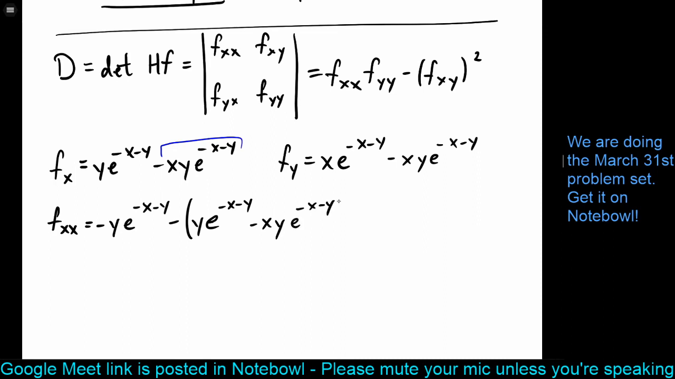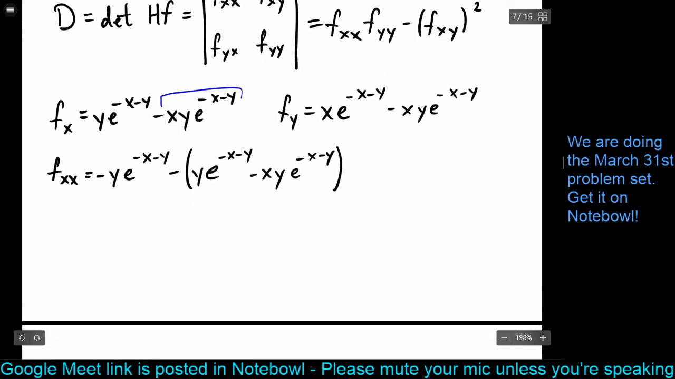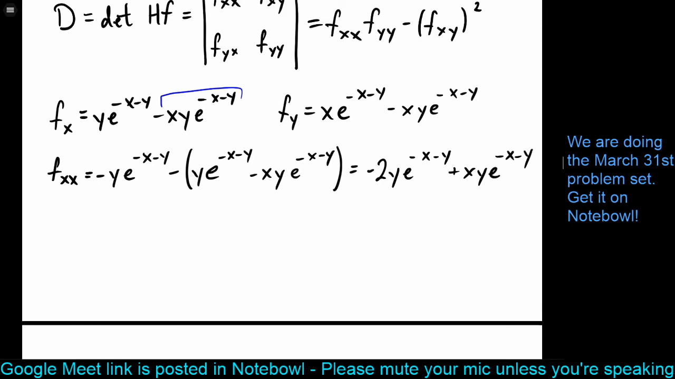Right, so we just copy that down. And this does simplify a little bit. So we can get negative 2y e to the minus x minus y plus xy e to the minus x minus y. Right? And then